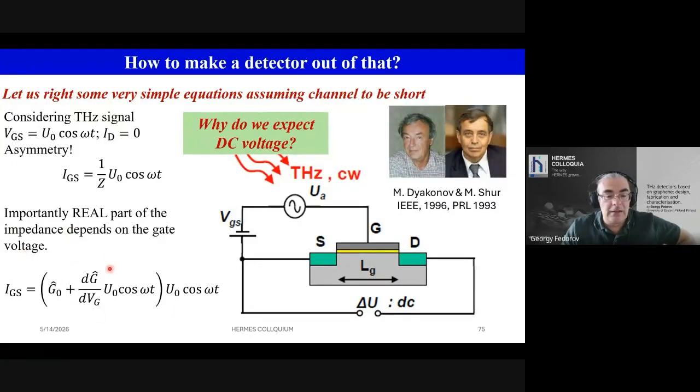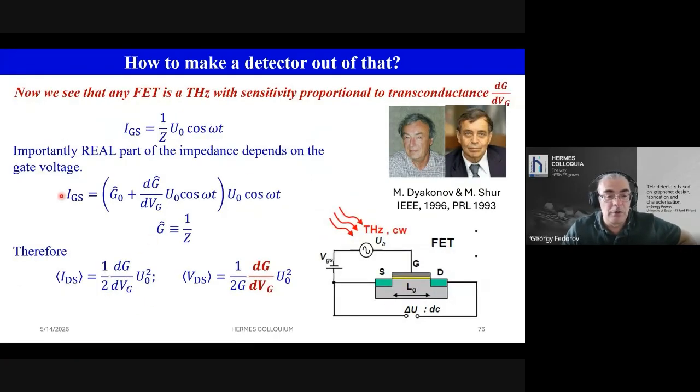And since the conductance of the system depends on the gate electrode, there will be this nonlinear term in the response of current to the applied AC voltage. And the responsivity of this device can be easily expressed if you know how conductance depends on the gate voltage. So you need high sensitivity of conductivity to gate voltage in order for your detector to operate